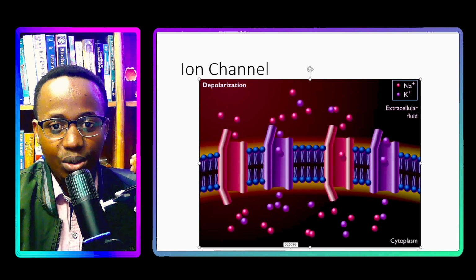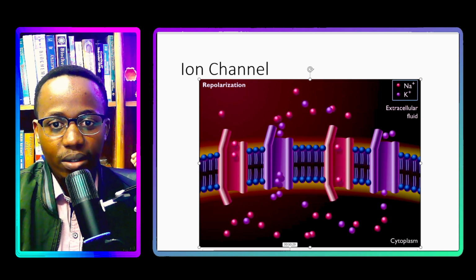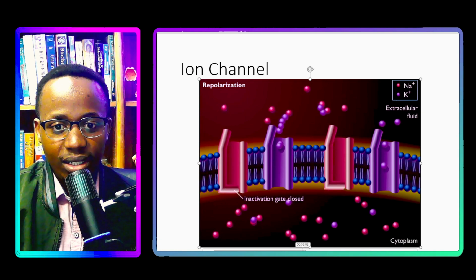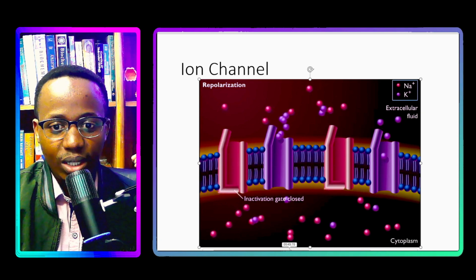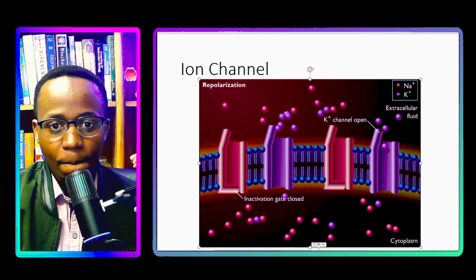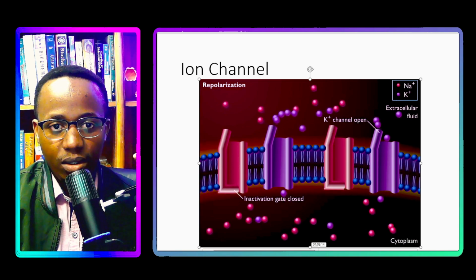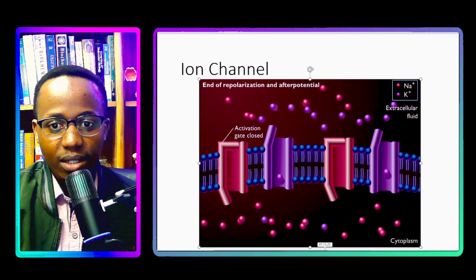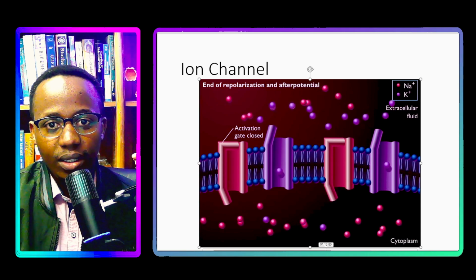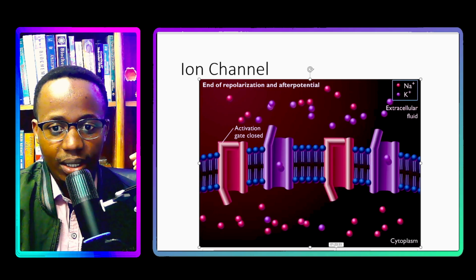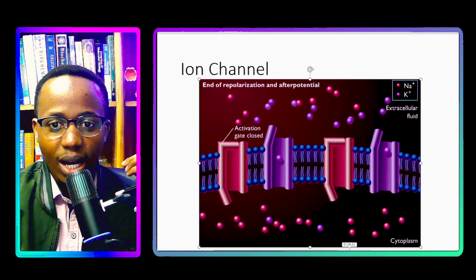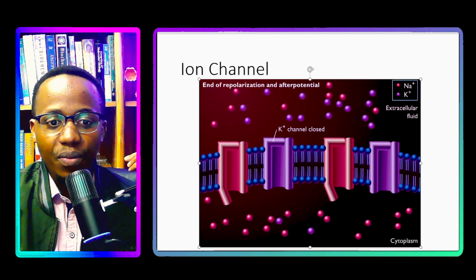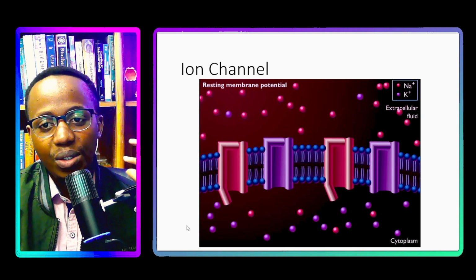But then whenever you start repolarizing, you're going to start closing the gate, right? Repolarization is whenever you close the sodium gate, while the potassium channel is open. This is repolarization, right? So this is what happens to propagate the electricity along